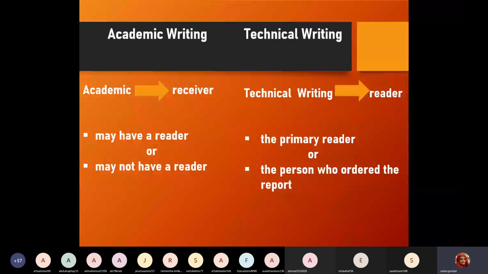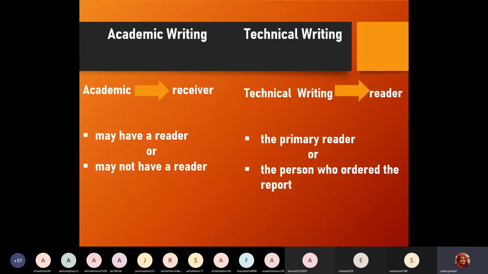For example, your teacher demands a particular assignment from you on chemical engineering. She's bound to read that. She doesn't love reading your assignments, but she's bound to read it because it's a kind of technical writing assignment that she has to grade. And in a company, in the corporate sector, when your boss asks you to design a proposal, to design a lab report, again, he is in need of some information. And because he's in need of some information,